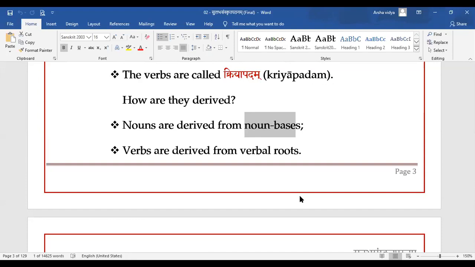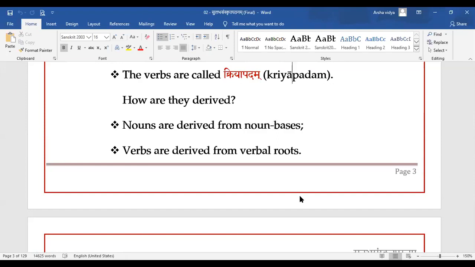Namapadam is derived from? Shabda. Shabda is word. Padam is also word only. But Namapadam is noun form and Shabda is noun base. Similarly,